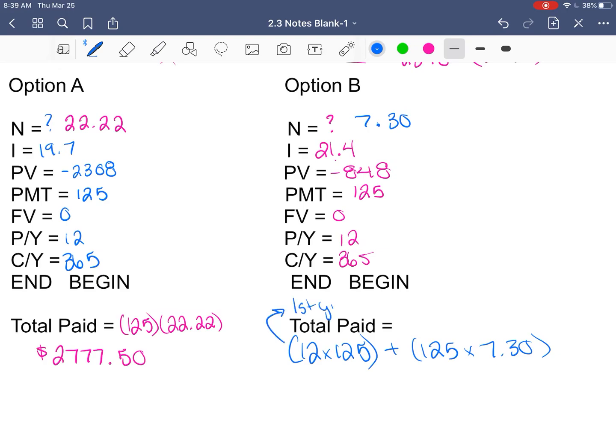So the 12, this is our first year, and then this is the payments with interest after the first year. Okay, so that is going to be 12 times 125 plus 125 times 7.3, which gives us